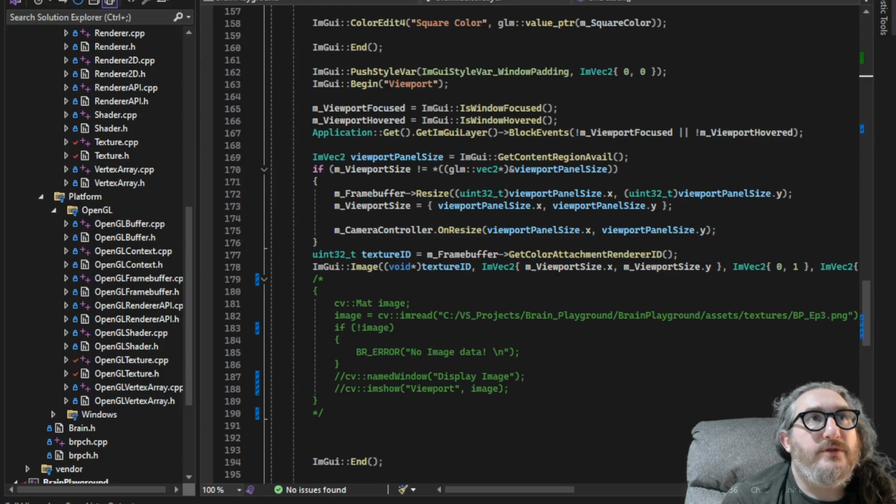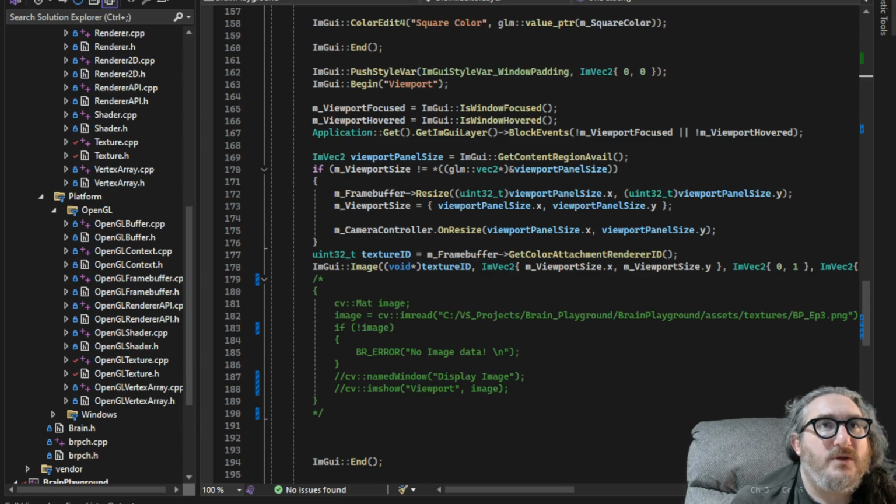So I wanted to go over with the game engine what I've been working on trying to figure out textures. I finally got a texture to display, and I'm basically just going to go over kind of what changes I made. So first of all, last time I was able to get an image on the screen